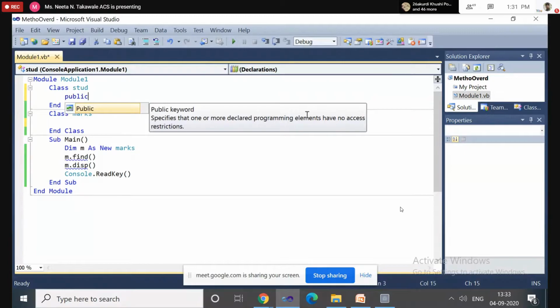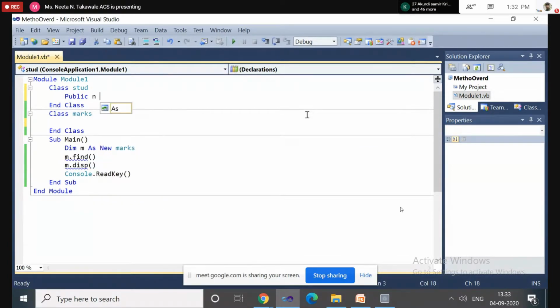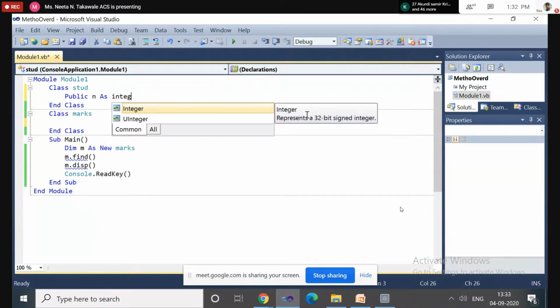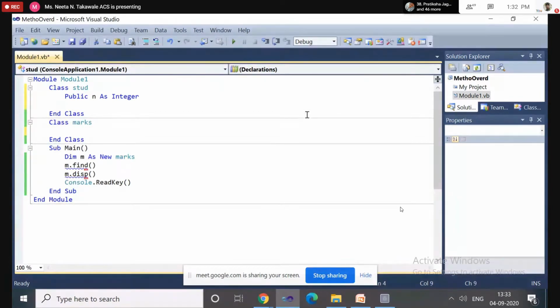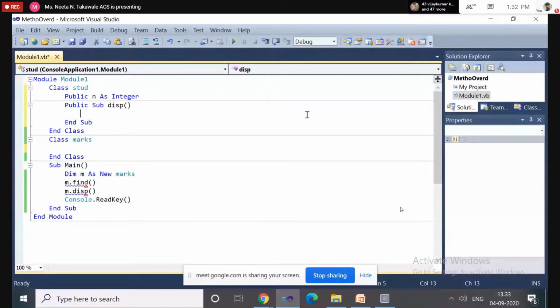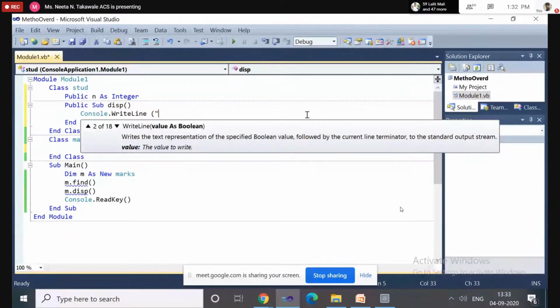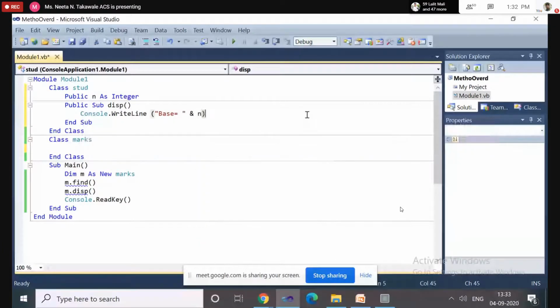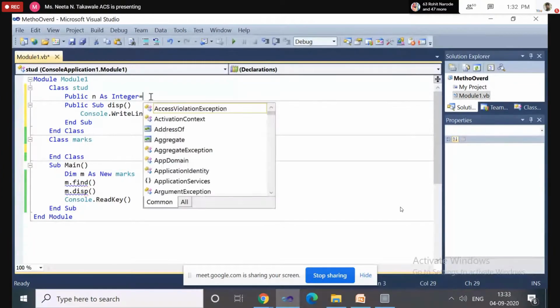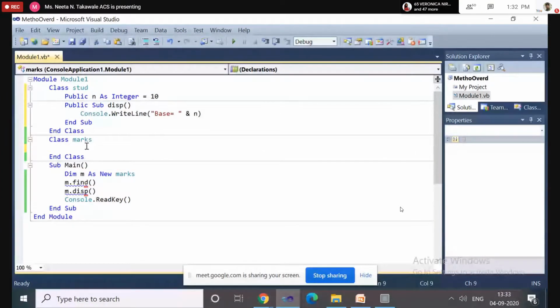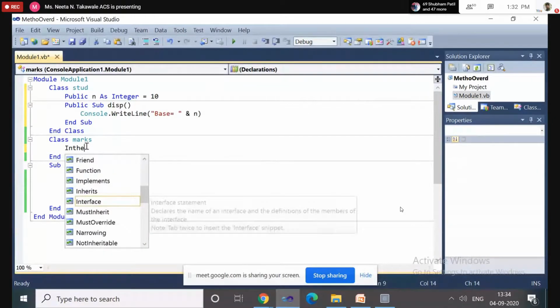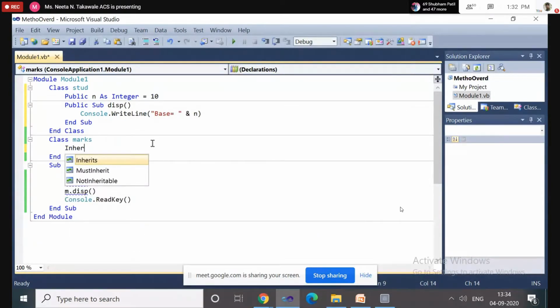For example, here I am declaring n, which is an integer variable, and I have declared it using the public access specifier, and one method declared using the public keyword. Now I am declaring one more class.